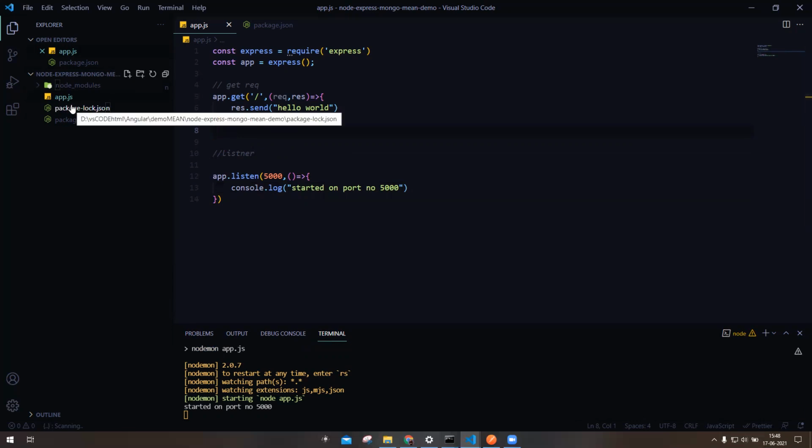A model is nothing but the schema that tells the database we will store in this manner. To create a model, we will create a folder outside here with the name model. Hit enter, and inside that we will create another file with the name userModel.js.